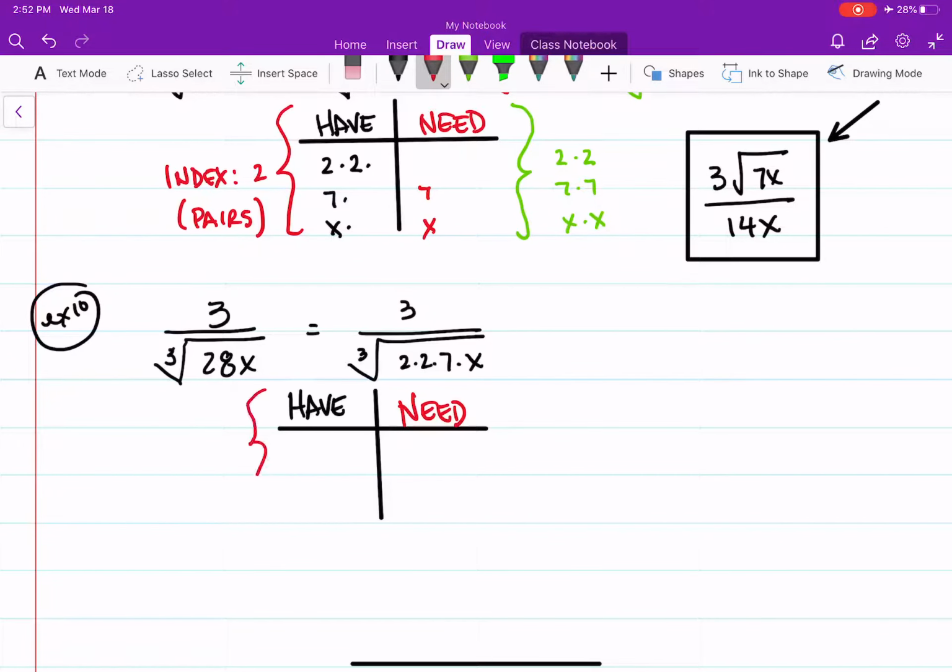And I said that this is based on the index being a 3, right? Actually, I'm looking for a 3 of a kind. Okay, so what do I have? I have a 2 times 2 times 7 times x. Okay, what do I need? So I'm looking for 3 of a kind, or groups of 3. Actually, I should just call this